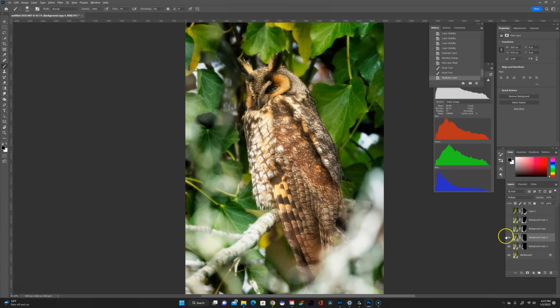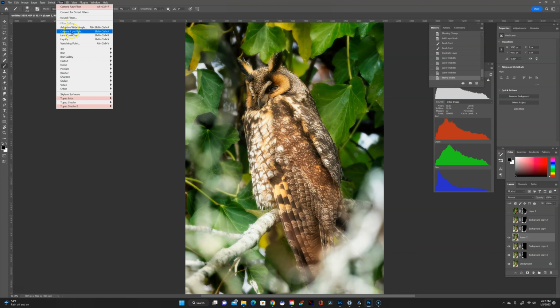And now you can see here's the original, here's the first layer of darkening, here's the second layer of darkening, and you can kind of compare it to over here. And then what I can do is, again, on Windows, Alt Control Shift E or Command Option Shift E on a Mac gives us a stamped layer, and go into Filter, Camera Raw,